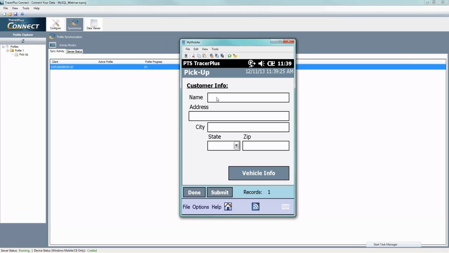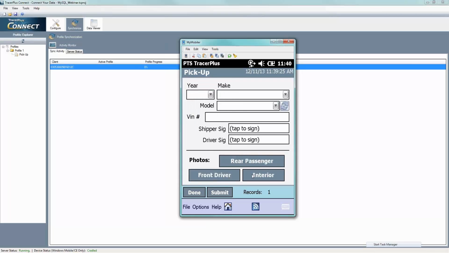We're entering a name. We'll enter myself. We'll enter an address. So say we're picking up a vehicle from this location and we're transporting it somewhere. So we're just going to select our state. Enter our zip. And we'll click our vehicle info, where we can select our make and model. Say it's a 2011. Say it's an Audi